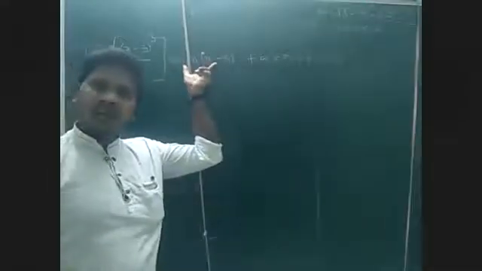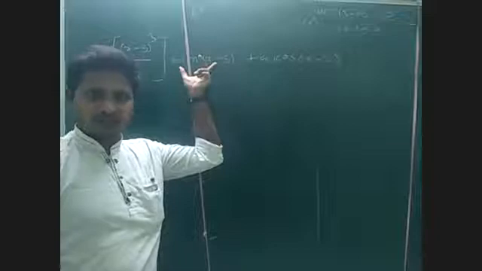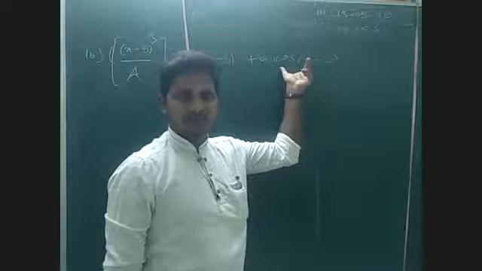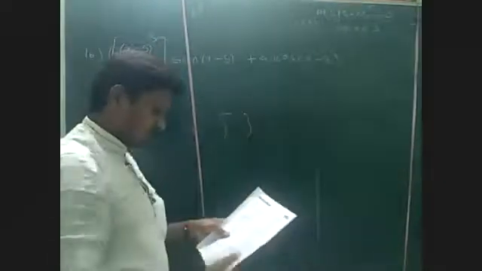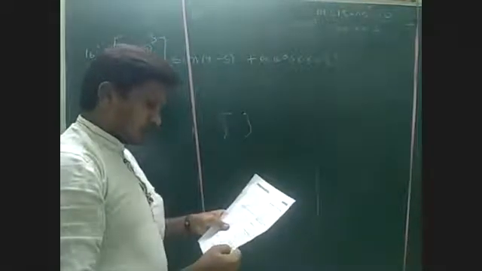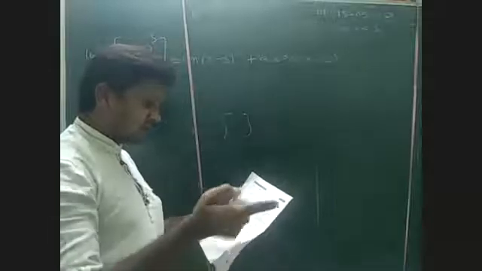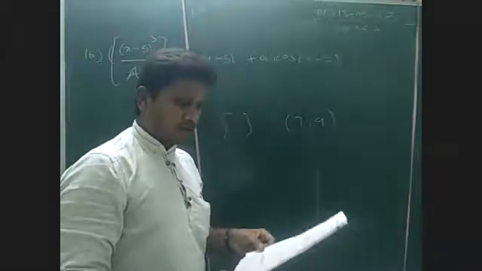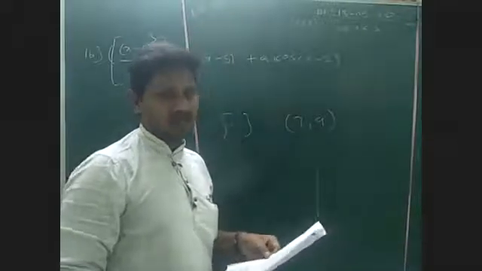Already we know that the sine function is continuous as well as differentiable, and this cos x is continuous as well as differentiable everywhere. But here the question is, this will be denoted as the greatest integer function. The function is continuous and differentiable in the open interval 7 to 9. Then which interval does A belong to? Can anyone say that?